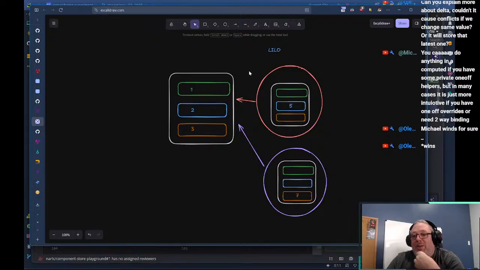Anyway, so we've got this case, right? So what do we typically do in this case is we do the pessimistic locking that we talked about before, where if this person checks it out first, then they lock it. This person can't do the edits. And then eventually when they can do the edits, this will be 153. They change it and then it will be 157, right? In a highly collaborative multi-user environment, this is not a good way to do it.